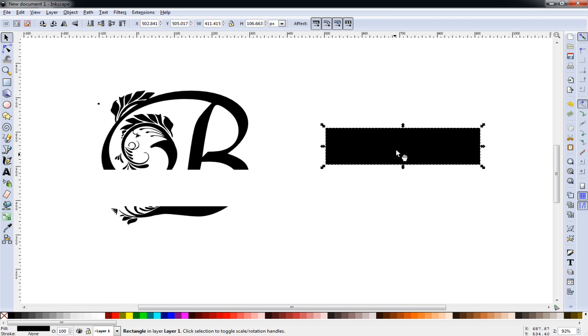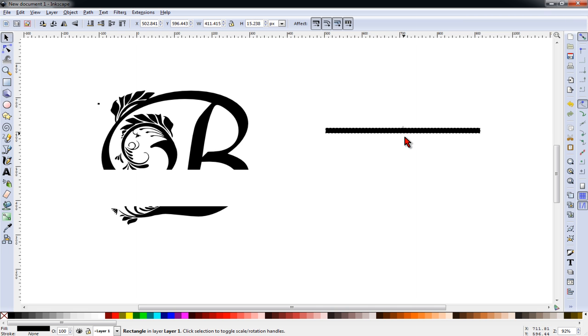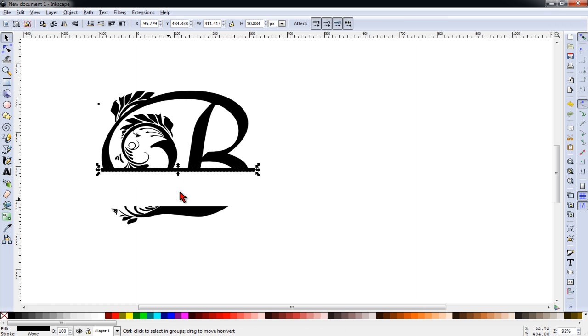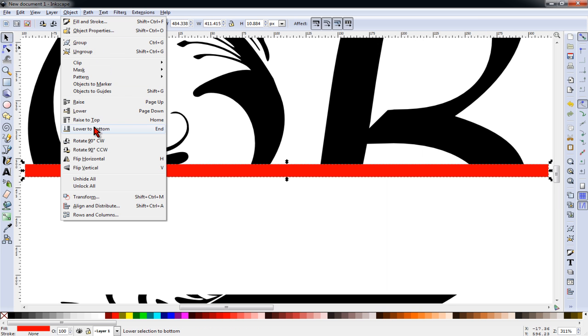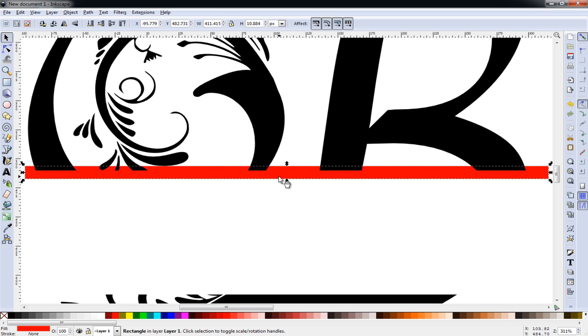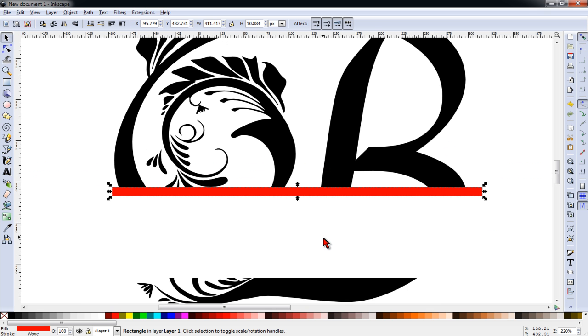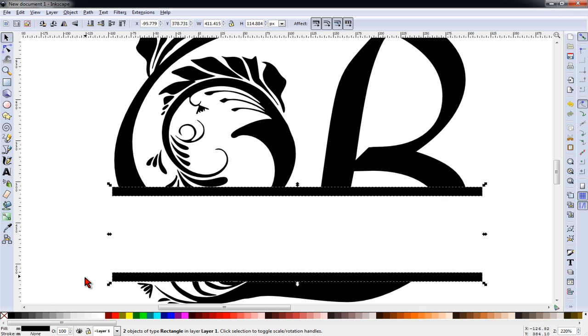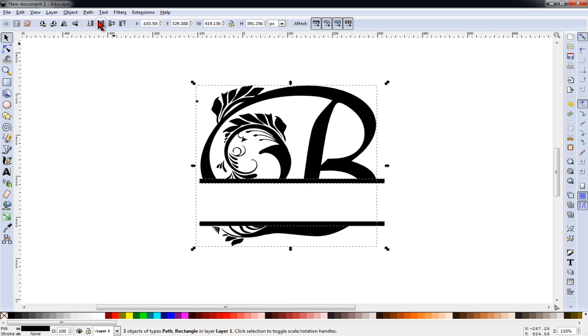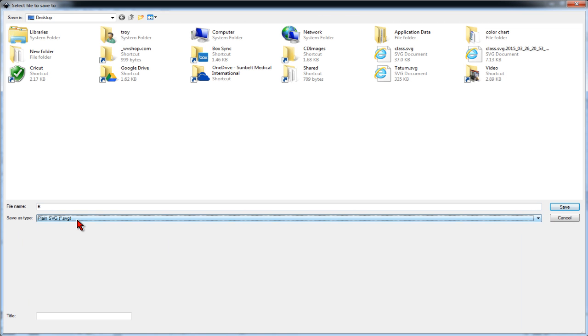Next, with this duplicate box, we'll adjust the size of it down to a small border, and we'll put it into place. We'll change the color of it temporarily and go to Object Lower to Bottom to make sure that it's overlapping just a bit. Next, we'll hit Control D to duplicate it, and we'll use our arrow keys to move it down. Again, we'll place it on the bottom to ensure that we have a slight overlap. We'll select both of those items by holding Shift, change them to black, and now we'll select all and go to Path Union. We'll save this as a plain SVG file,